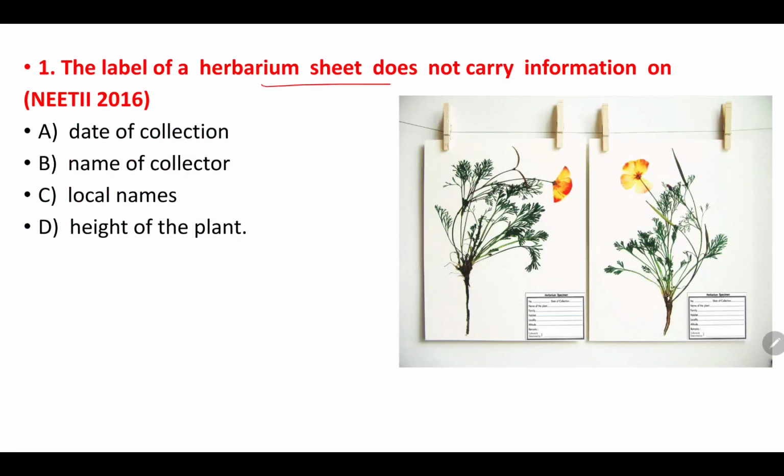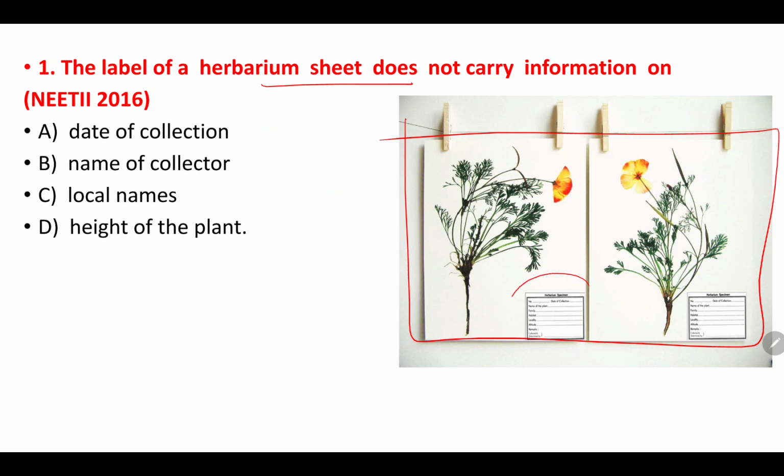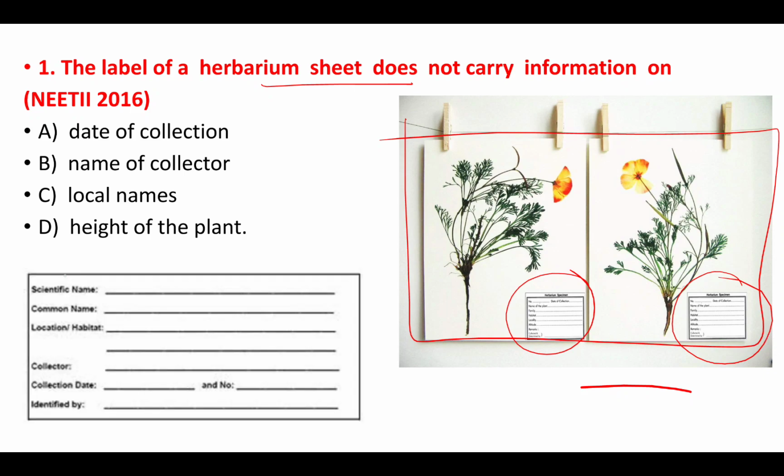The label of herbarium sheet does not carry information on. You might have seen the herbarium sheets, right? It also carries a label here. And what are the things which are displayed in this label? Let us see. See the scientific name, common name, location or habitat, collector's name, collection date, and identification and some